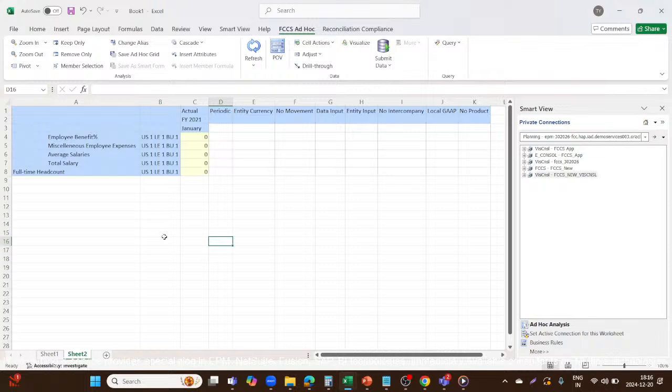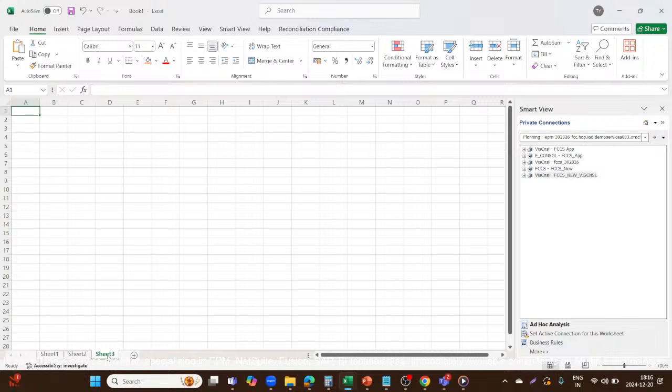So this is my Smart View. What we were trying to calculate is, we have created the members in the account dimension, and I have already created the rule. So what we were trying to calculate is the employee expense. So we had the headcount member created, then we have the average salaries member created. With the help of that, we'll calculate the total salary,